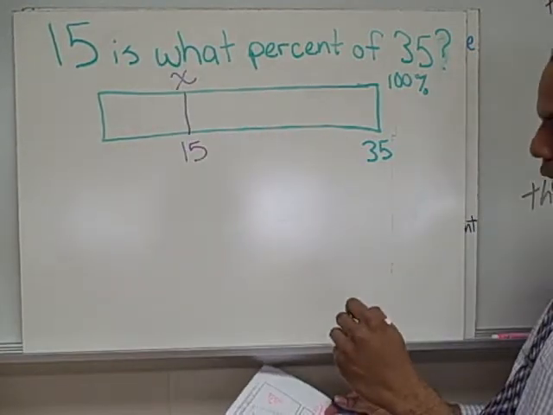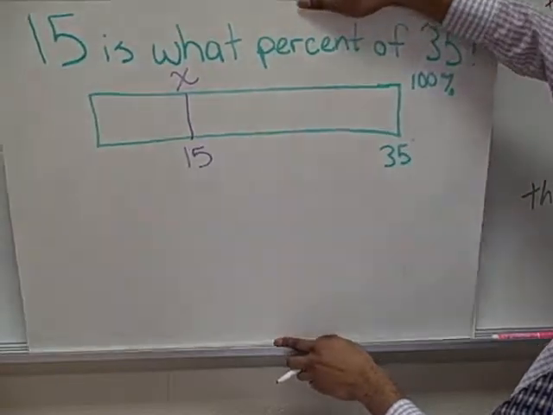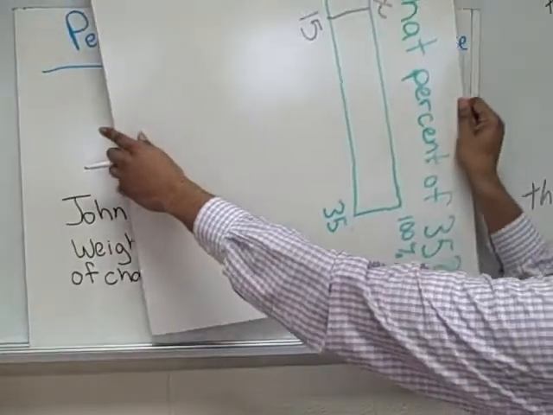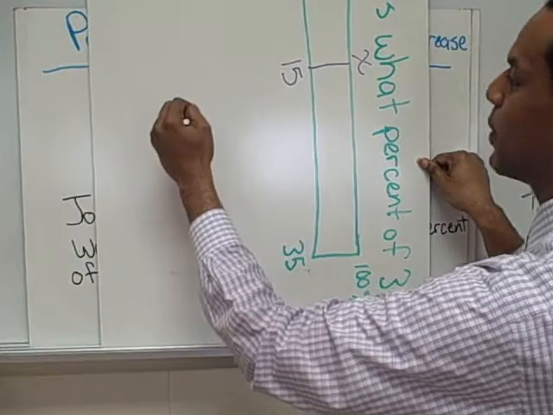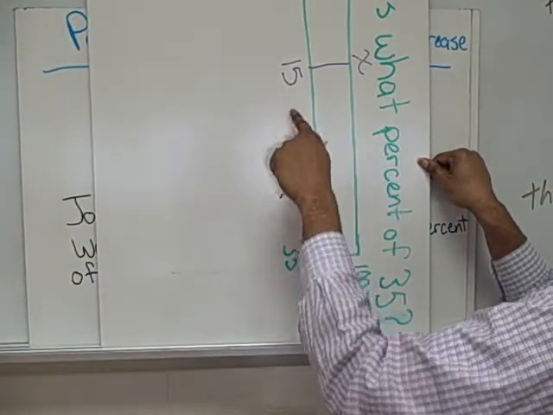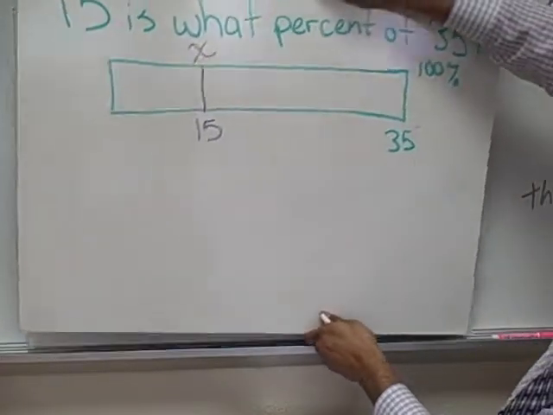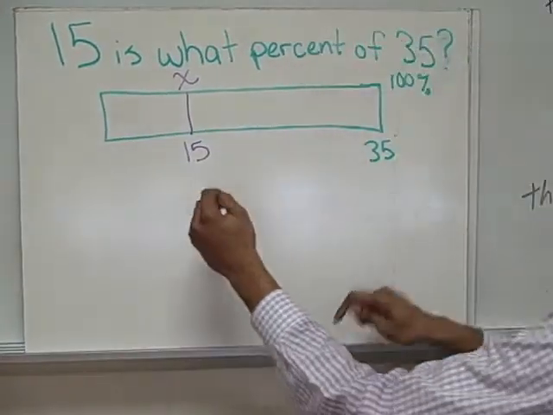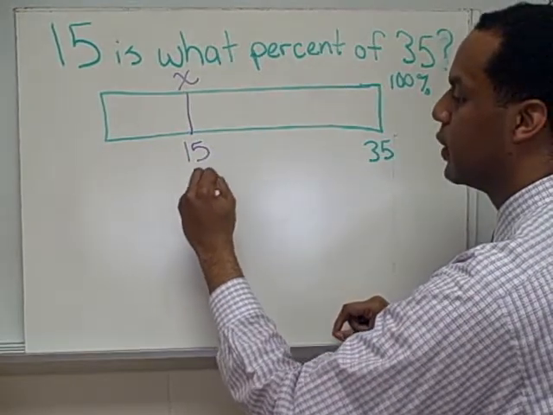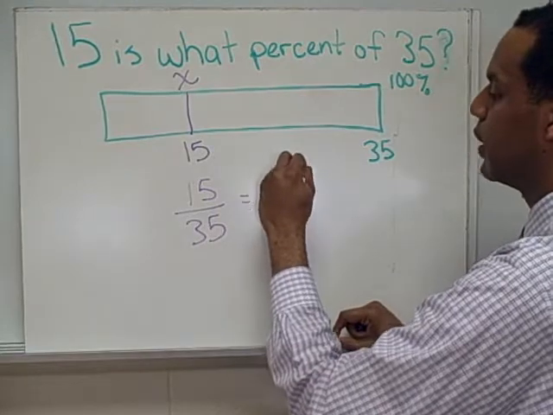Then I have X. Well, once again, if I flip my board, I can make my proportion having X over 100, and then 15 over 35. So I'm going to write 15 over 35 equals X